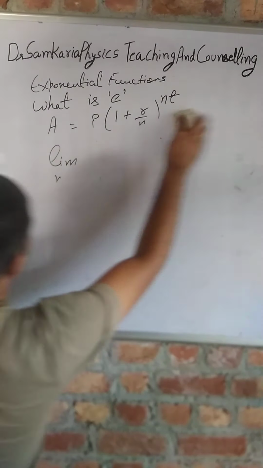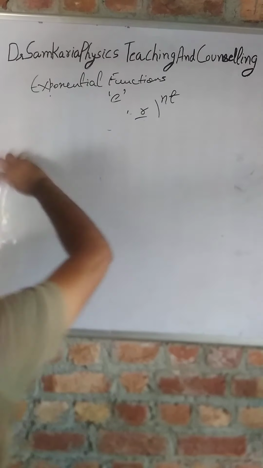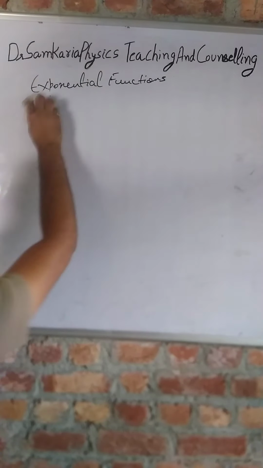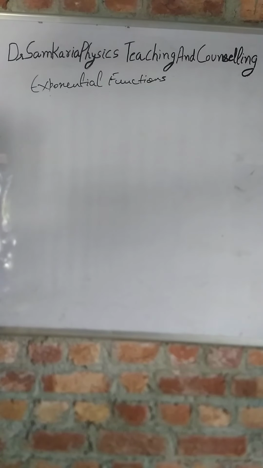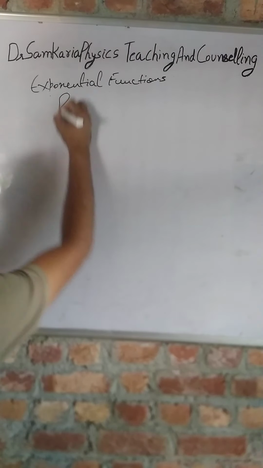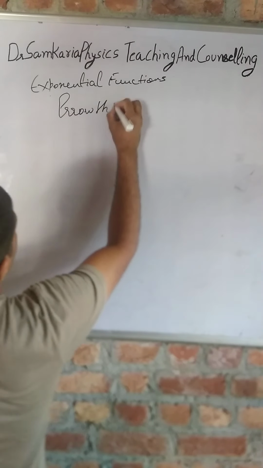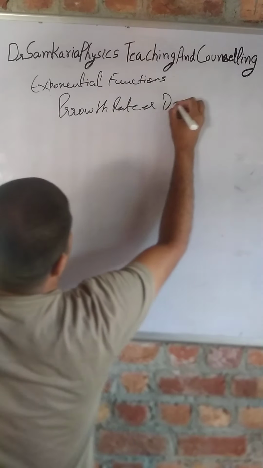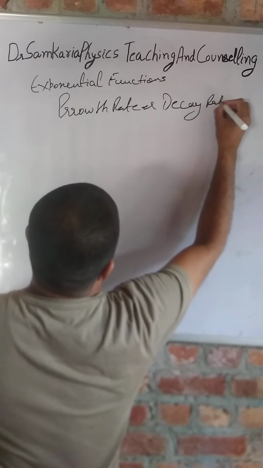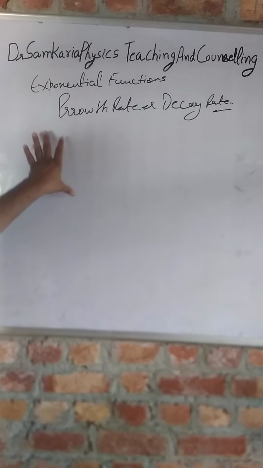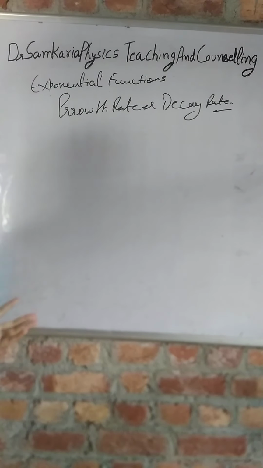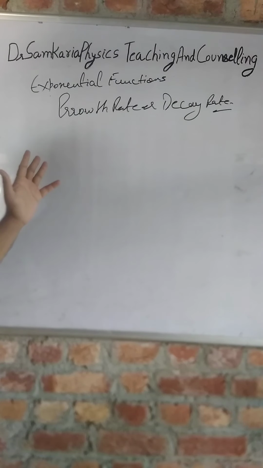So student, I think that you are familiar with the origin of e, and now you have a better understanding of what e is. This e is very helpful to us when we study growth rate or decay rate in physics, because in physics we frequently encounter growth rate or decay rate. And you know that all natural processes are continuous, they are not discrete or discontinuous. For example, if your height is 5 feet, you have not grown in a single day, so you have continuously grown up to 5 feet.